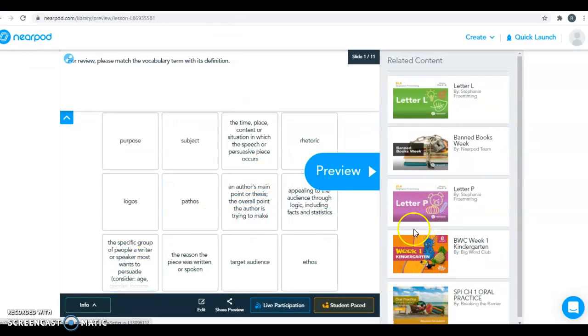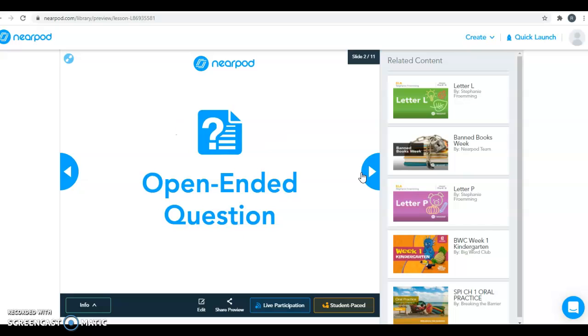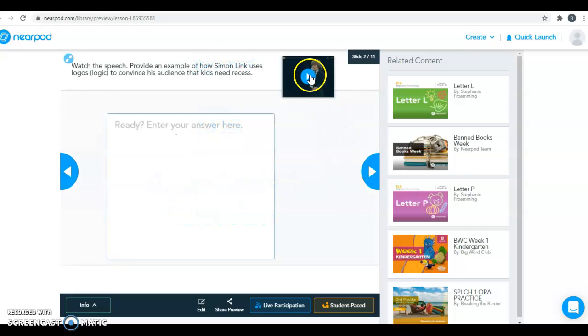First you're going to match a vocab term, each vocab term with its definition. There are 8, so logos, ethos, pathos, subject, audience, purpose, rhetoric. So those main key terms we used from last class. So just a little review, some are easier than others. And then what will happen is for each slide,